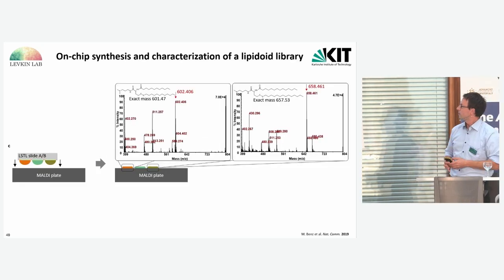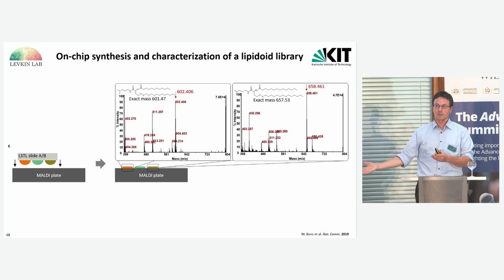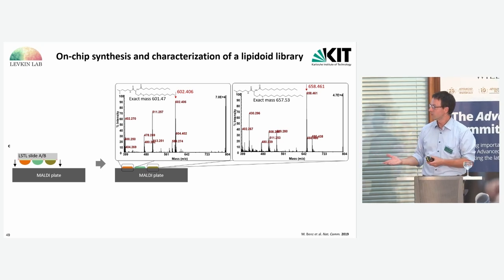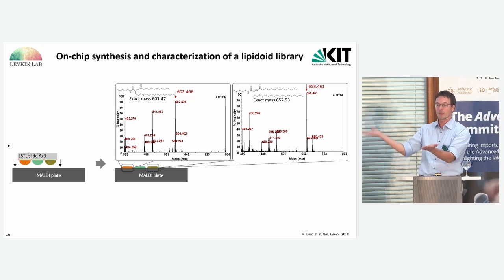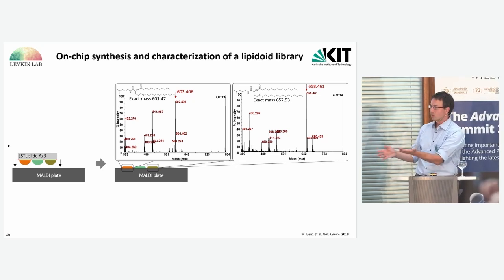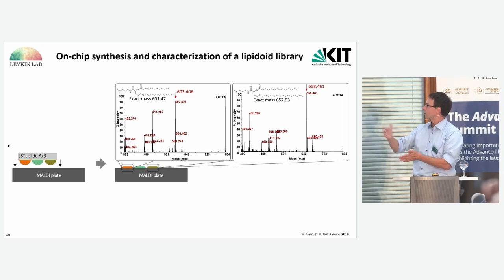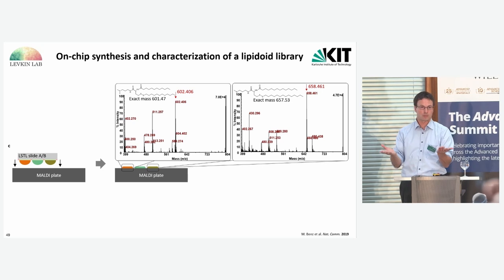Then these lipids were also characterized basically on the same platform, using the advantage of the droplet microarray that we can stamp it on a multi-plate, which is used for mass spectrometry analysis, and we could analyze all of the lipids in parallel on the same